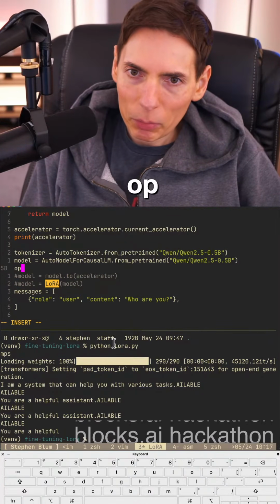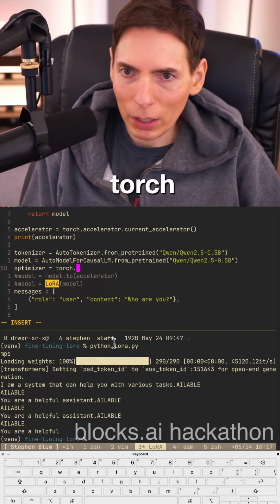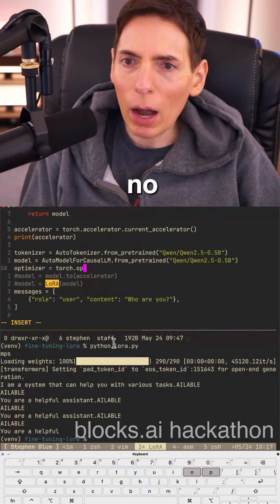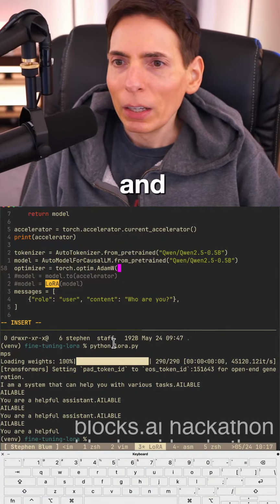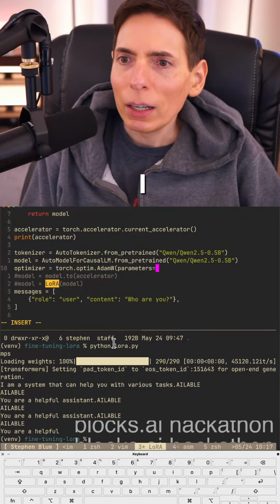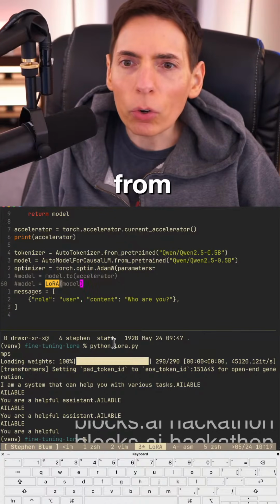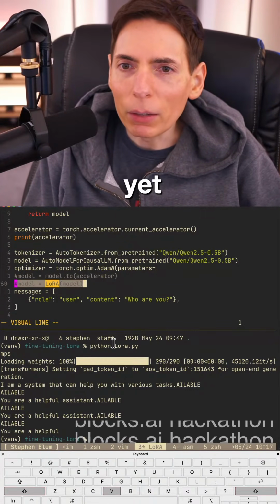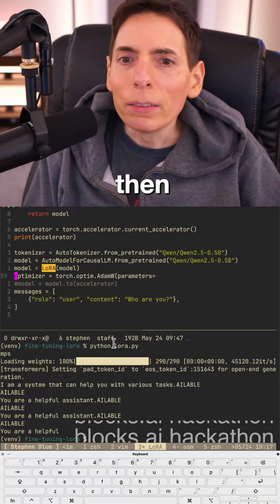We need to have an optimizer. Optimizer equals torch.optim.AdamW, I think. Can we do that? And then we need parameters, and I need to set those. I don't have them yet. I need to grab them from this. We don't have them yet, so I need to grab them here. Model, and then